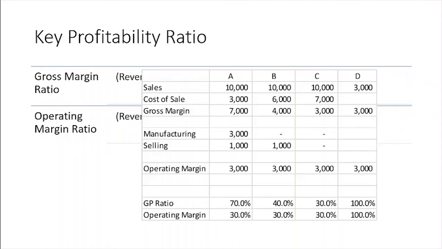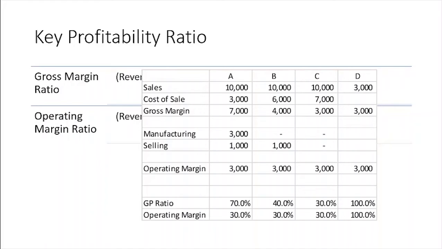And company D is an agent. When you are an agent, you don't recognize the total income, you recognize your commission only as income. So if a customer is paying you 10,000, it is not your income, because you are just an agent. You are collecting on behalf of your principal, and the principal pays you 30% commission, so you earn only 30%. That's your income. So all four companies are making the same profit,